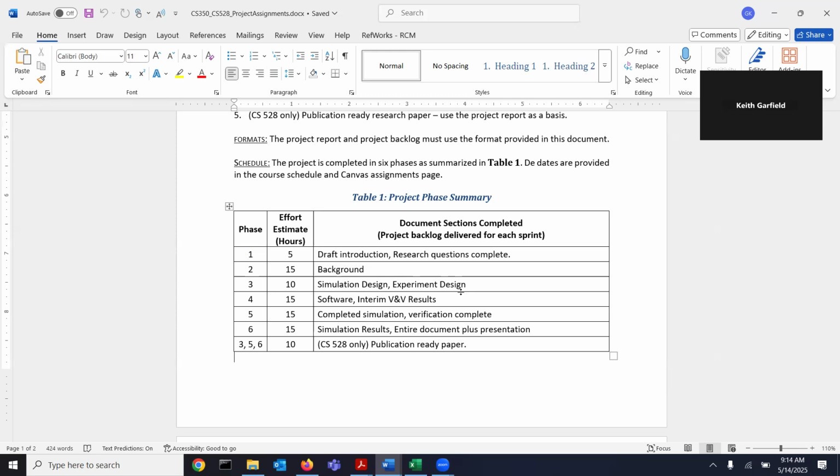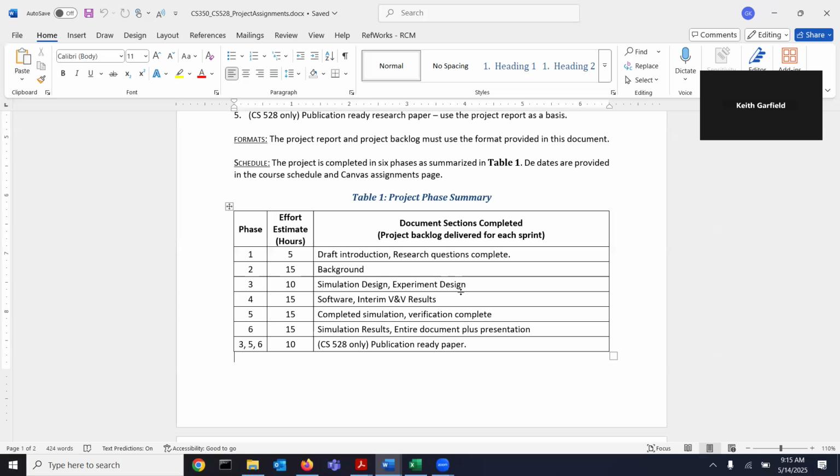Then the next section is to fill in the background material. So again, this is about every week, right? After you turn in your first part, next week you're going to fill in the background section. The cleanest definition of a background section in any document is: you should put all the information in there that a reader needs to know to understand what you're doing once you start telling them what you're